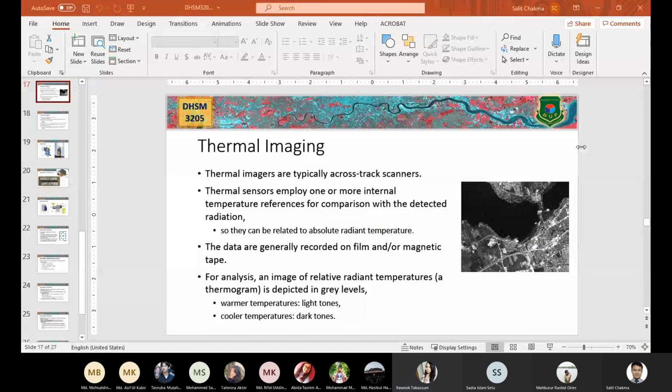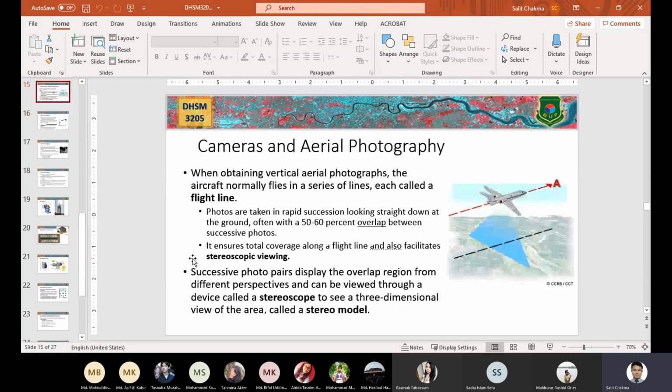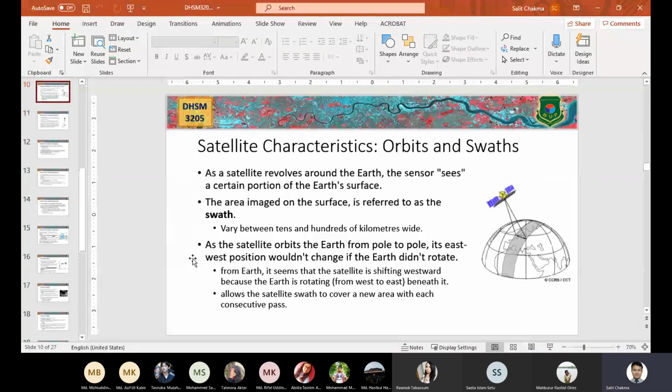জি স্যার। ওকে, সো আমরা কত নাম্বার পর্যন্ত পড়েছিলাম? লাস্ট আমরা কোন জায়গাটাতে স্টপ করেছিলাম, if you can recall? আমরা অরবিট এবং সোয়াথ নিয়ে কথা বলেছি। জি স্যার, আমরা আজকে থার্মাল ইমেজ থেকে স্টার্ট করব। ওকে, গিভ মি এ মোমেন্ট, আমি একটা জিনিস কুইকলি চেক করি।